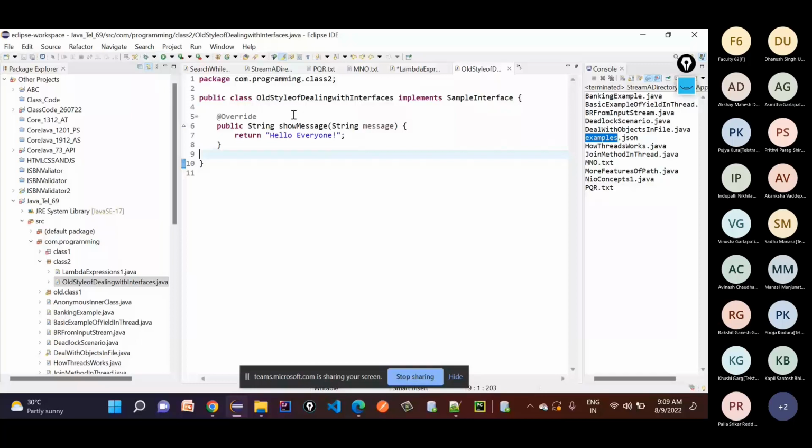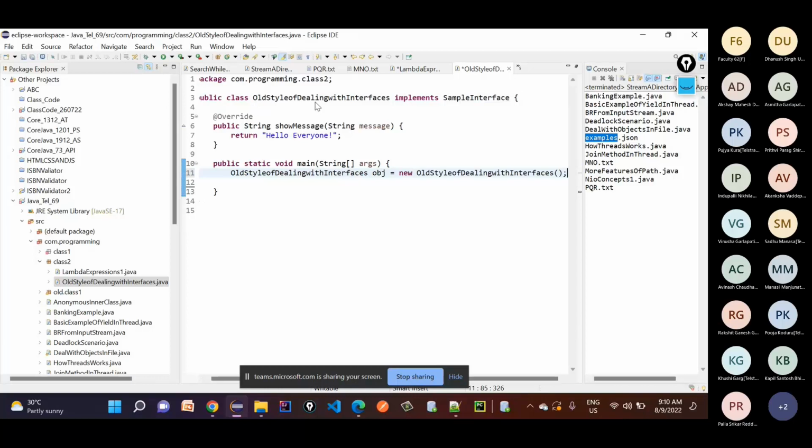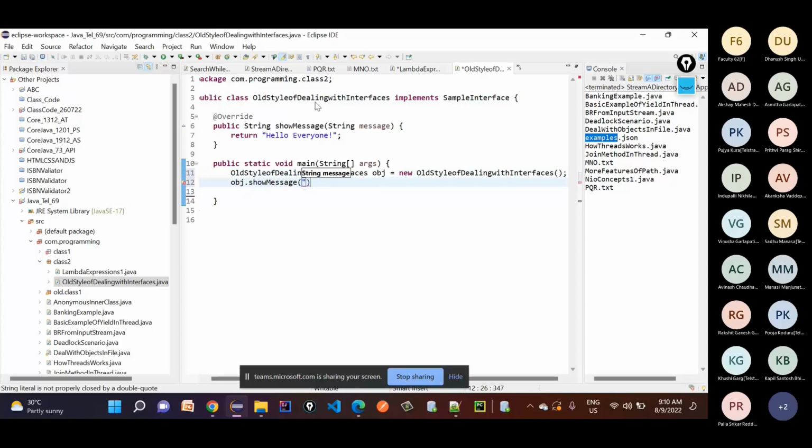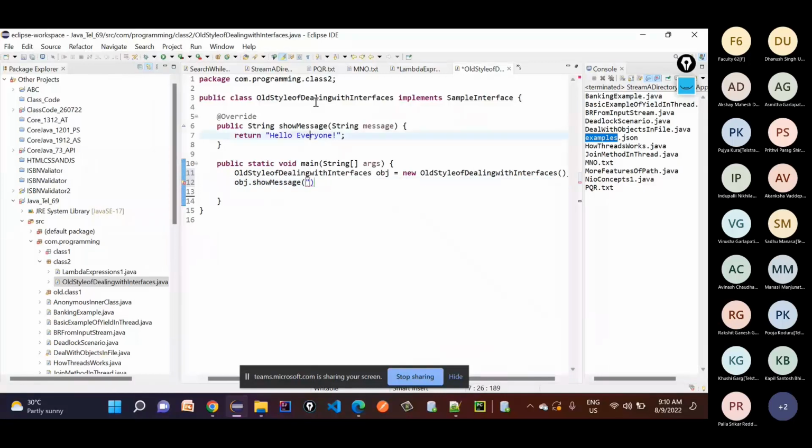And as part of a main method, I can create an instance of my class and I can call this function called show message. Let's say the message says welcome, and I am passing a parameter as to lambda expressions or to functional programming. Like I gave this message. Now this will show,